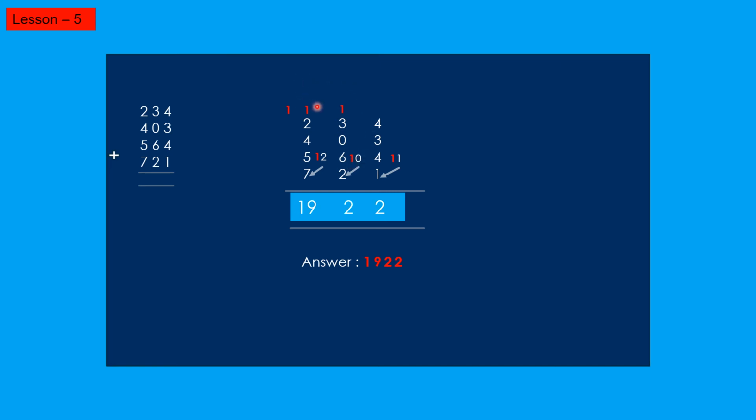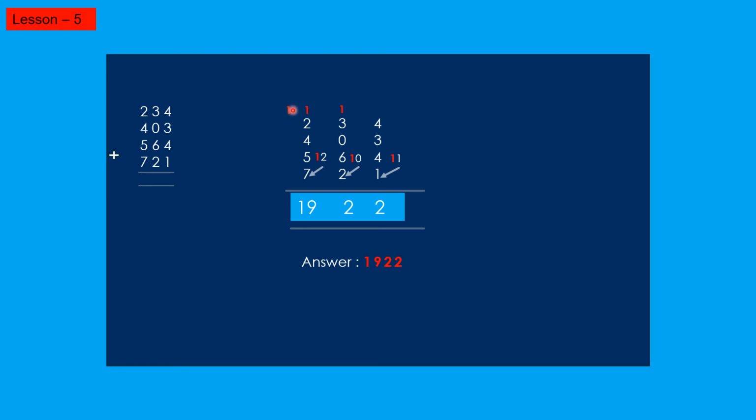Alright, and then after writing the number in the next column, you start adding from the top. 1 plus 2 is 3, 3 plus 4 is 7, and 7 plus 5 is 12. Again in 12 you circle 1, and 2 is added to the next number 7. 2 plus 7 is 9. So here only one number you have circled, and this number will come in the next column.